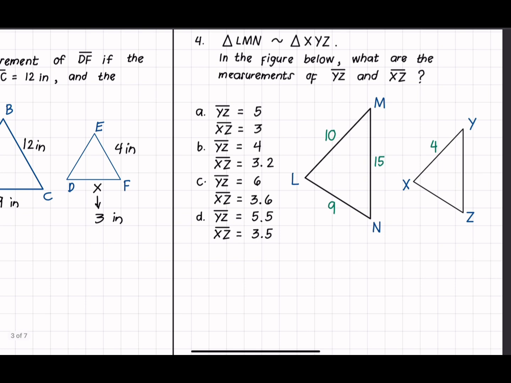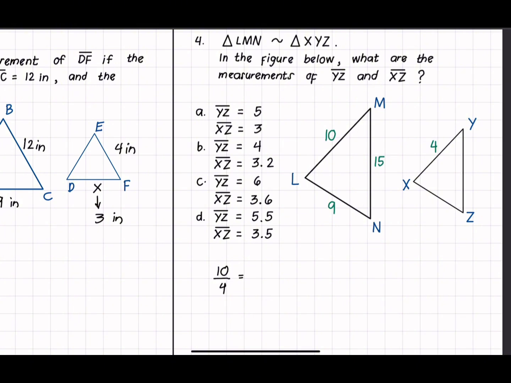Next, for number 4, triangle LMN is similar to triangle XYZ. In the figure below, what are the measurements of side YZ and side XZ? Okay, so since these two triangles are similar to each other, we can compare the sides. So we can get the ratio of LM and XZ. Since LM corresponds to XZ, we can compare their sides, wherein we have 10 over 4,